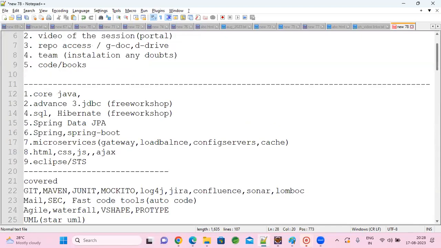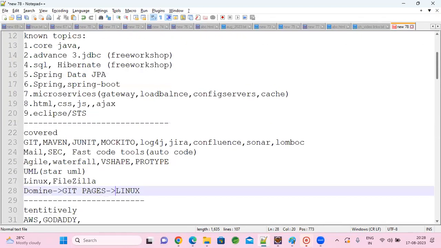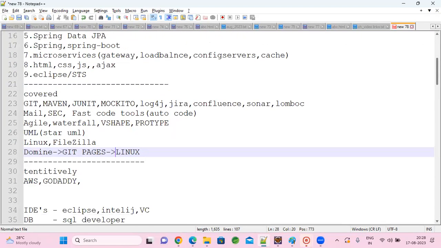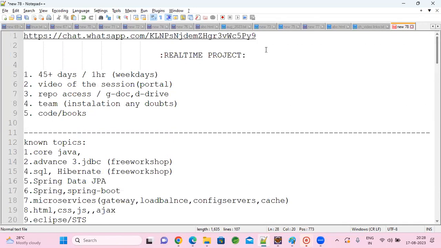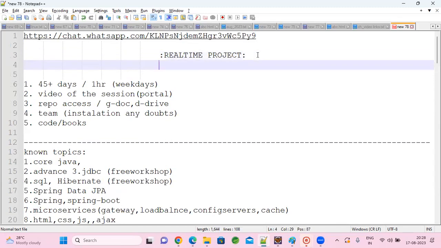So on the fly, many topics I'm going to add, but content wise, I just want to show these topics to you. And the project name, like we thought of taking an e-commerce project, right? So for now, let us go ahead with e-commerce. So yeah, we will collect requirements for a basic e-commerce application. We will start to implement something like our Amazon or Flipkart application, right?